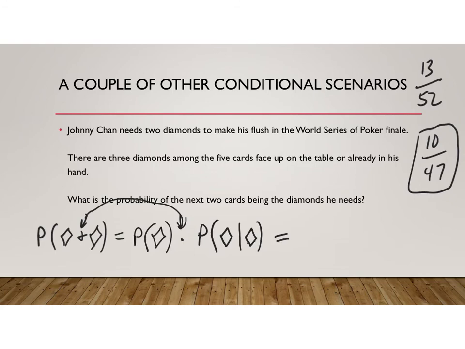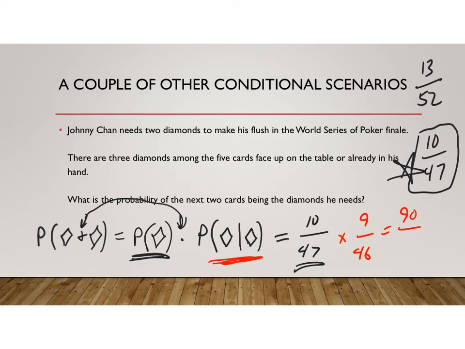So the probability that the next card is a diamond, as we saw here, there are 10 diamonds out of 47 cards left. So that would be this. And then if we got that diamond, there'd only be 46 cards left, and there'd only be 9 diamonds left. So this would be 9 out of 46. That would give us 90 over 2162, which is approximately 4.2%, or about